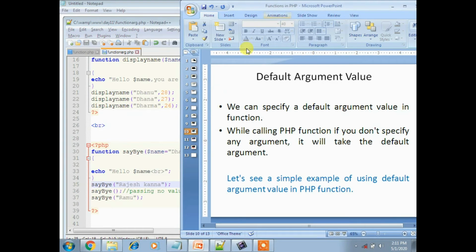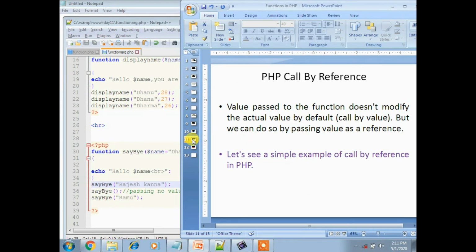Okay, now let's see another concept, that is called PHP call by reference. A value passed to the function doesn't modify the actual value by default. So that's call by value. But we can do so by passing a value as a reference. By default, a value passed to the function is called by value.